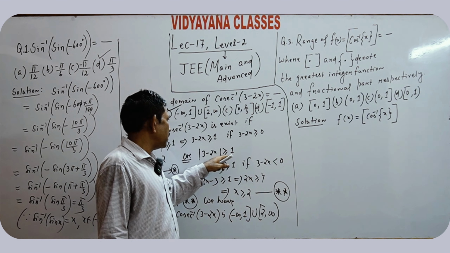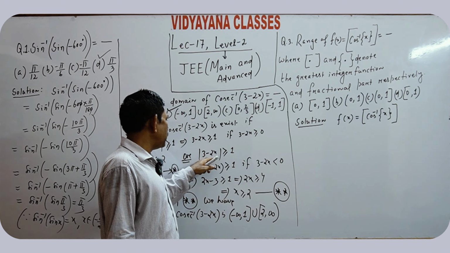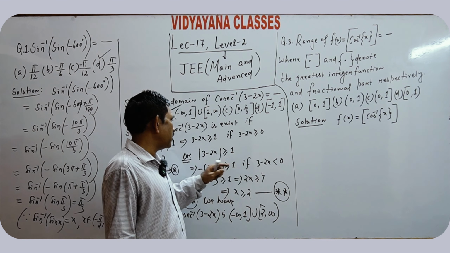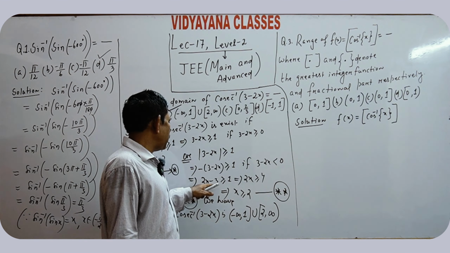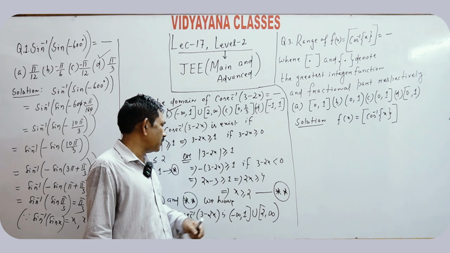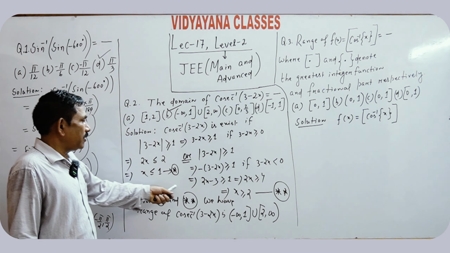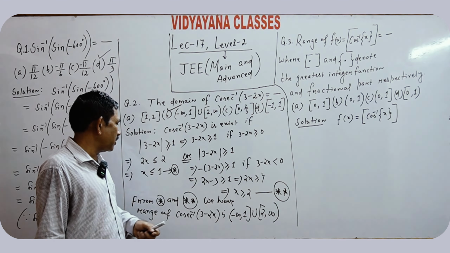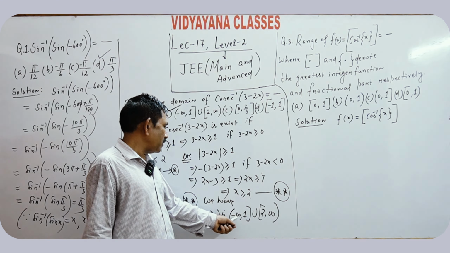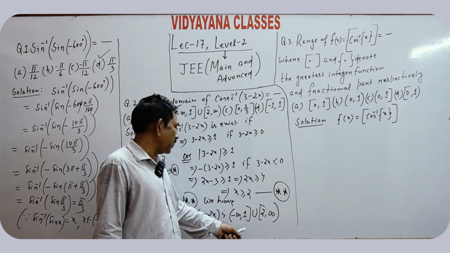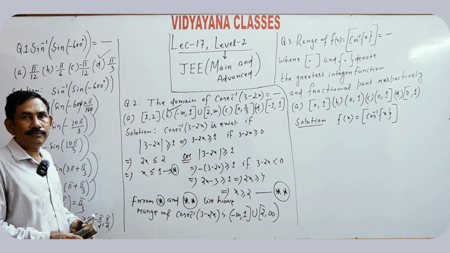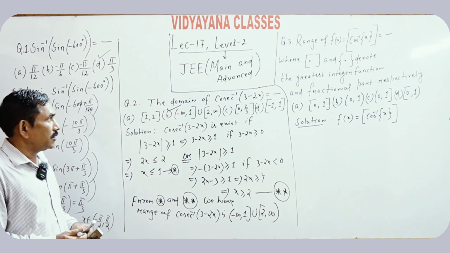Mod of 3 minus 2x greater than equal to 1, if 3 minus 2x less than 0, it gives minus of 3 minus 2x greater than equal to 1. 2x minus 3 greater than equal to 1, that implies 2x greater than equal to 4, that implies x greater than equal to 2. From star and double star we get the domain of cosec inverse 3 minus 2x is open bracket minus infinity to 1 close bracket union close bracket 2 to infinity open bracket. Clear? Okay. Next,